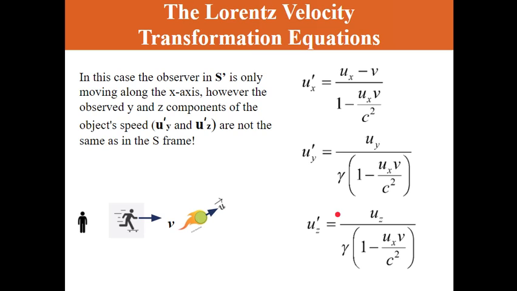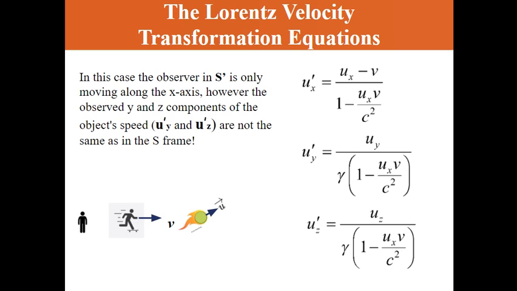So because in this example, the S prime frame, the observer there on a little skateboard is moving to the right, still speeds measured have to comply with relativity. So the total speed of this object, no matter what frame it's being seen in, has to be obviously no higher than the speed of light, right? The speed of light is still invariant, so whichever frame is measuring the speed of light, they'll both